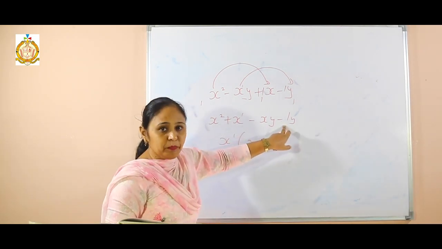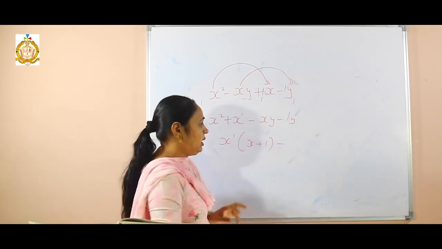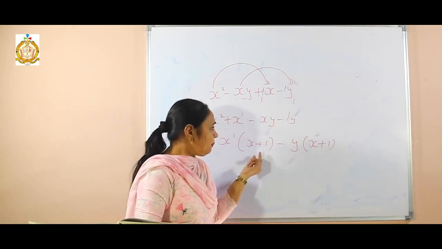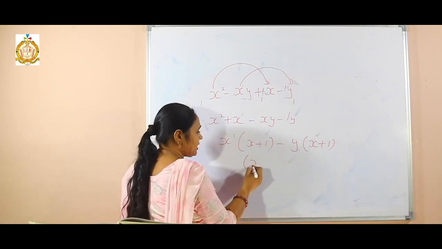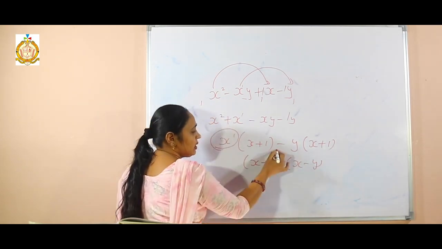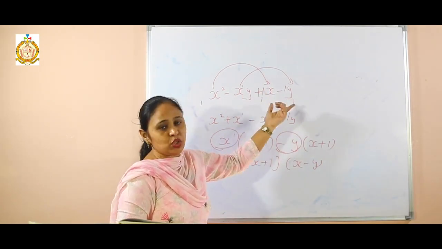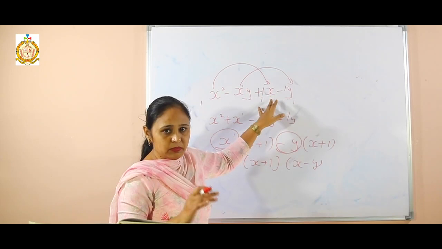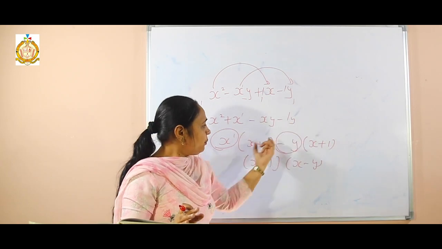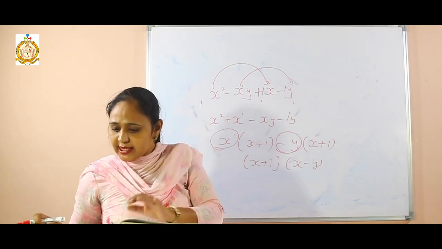Now negative, minus sign is common, I can take it out. Now which variable is same? That is y. I take y. Now again see, the same bracket is present here. I will take x plus 1 common and in the other, what is left? Here left x, here left minus y. The factors are same. We can make the grouping by your own choice. No need to cram. You can take any group and if you make the factors, the answer will be the same. Clear? Then, next sum number 14.